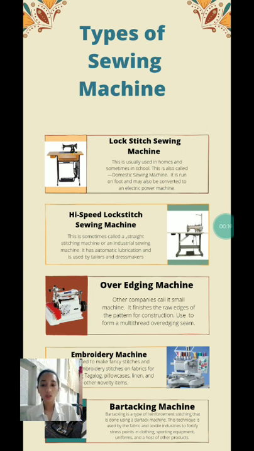So first, what is a sewing machine? A sewing machine is a machine used to sew fabric and materials together with thread. Sewing machines were invented during the first industrial revolution to decrease the amount of manual sewing work performed in clothing